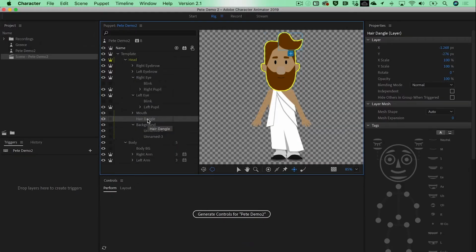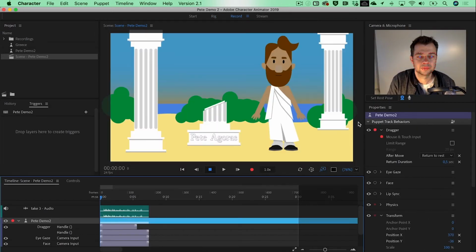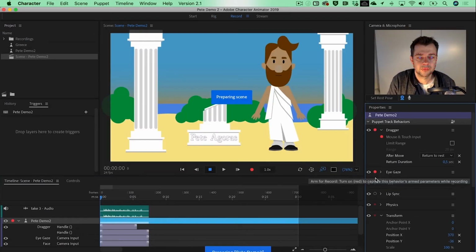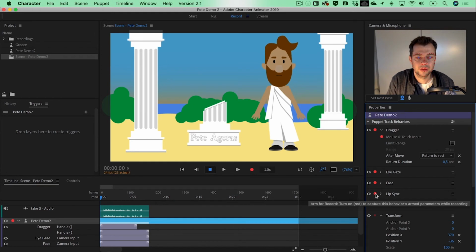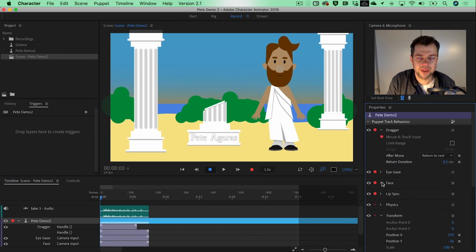Now this hair is outside of the layer group, and I can add a dangle option to that layer. So this part is going to be the dangle. This is the origin of the hair. And let's see what that does. Turn these elements on again. Doesn't really do that much yet, but we can go into the physics,